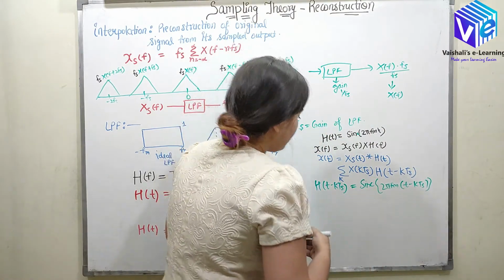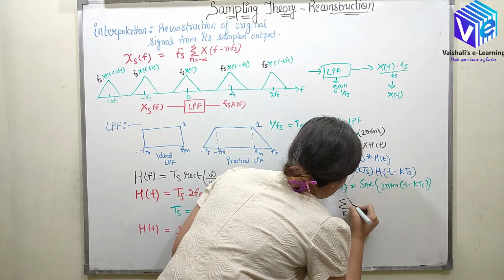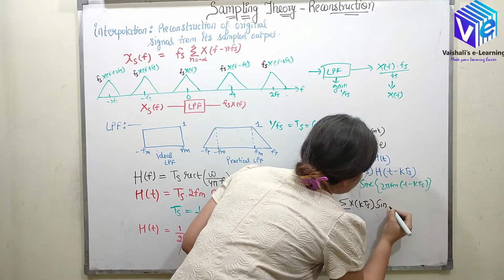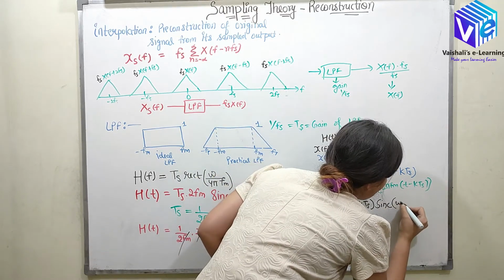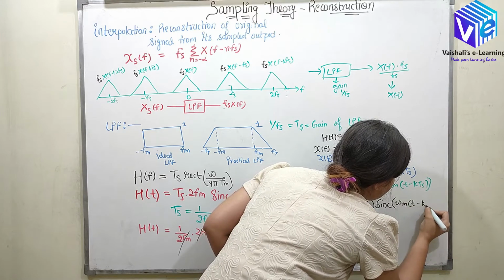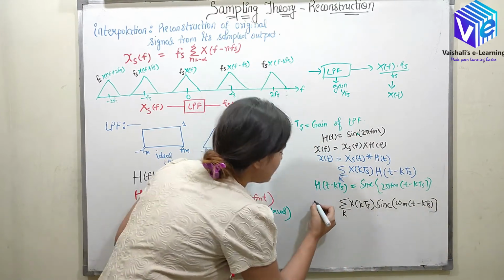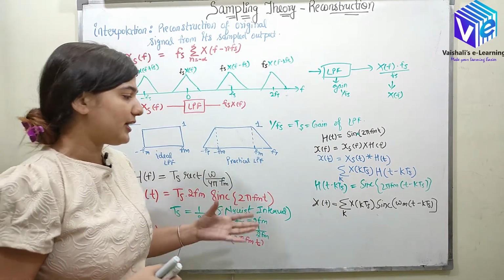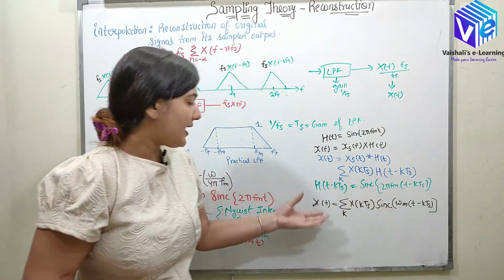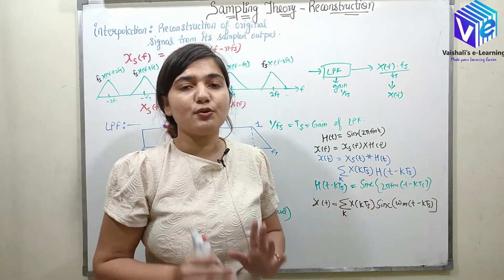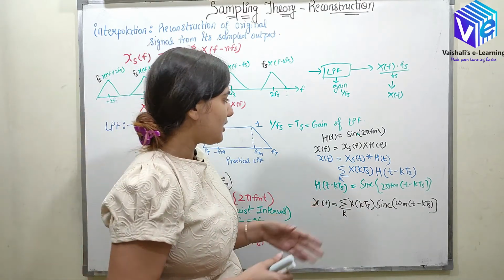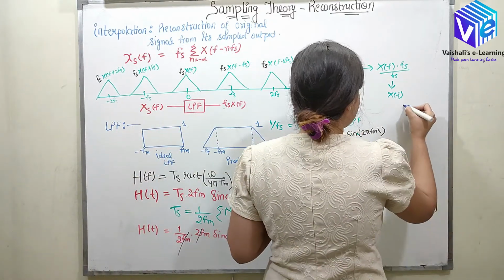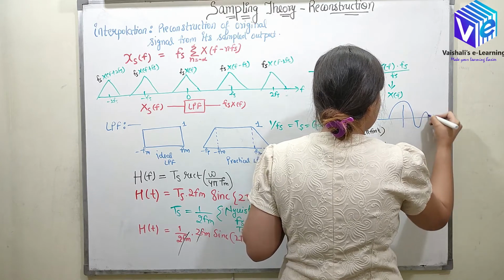So simply in the time domain, I have the summation over k of x(kTs) multiplied with sinc of 2 pi fm, which represents omega m, multiplied by (t minus kTs). This represents my x(t), the output in the time domain. If I need to find the output in the time domain directly, I can find it using this equation. I hope you now understood this equation, and this is the filter transfer function. The transfer function of the filter is in sinc form, so it is represented like this.